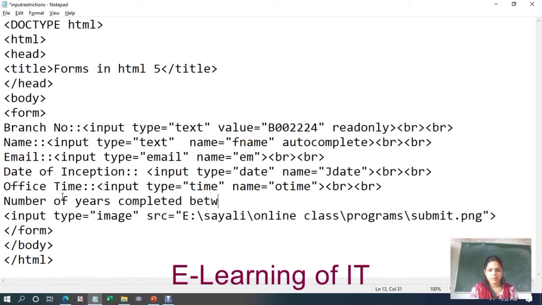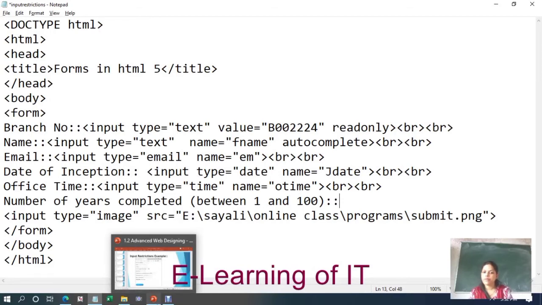You can specify this in a bracket. Number of years completed between 1 and 100. Here you have to specify numbers, or the user should enter a value between 1 and 100.